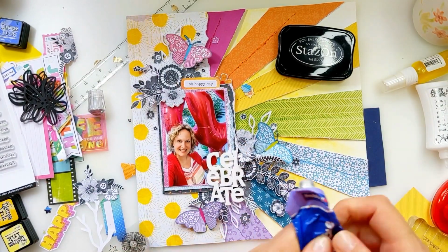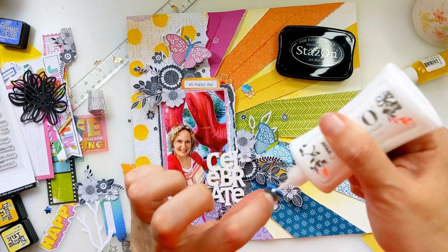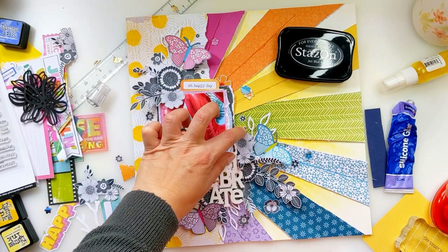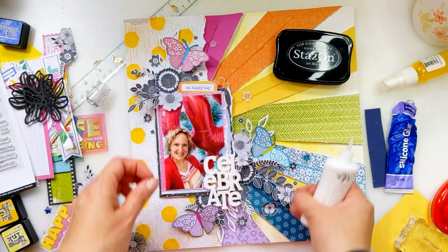I would love to know what some of your favorites are for scrapbooking. I mentioned mine a little bit earlier. I would love to know what yours are. It's so nice to hear what everybody else is drawn to when they create. I think we all have our unofficial list of favorite things that we kind of lean towards when we create,